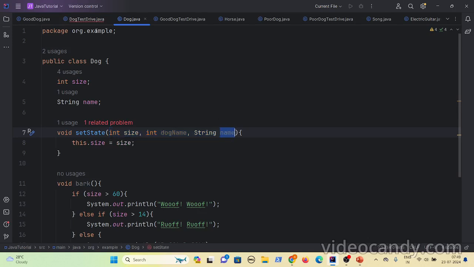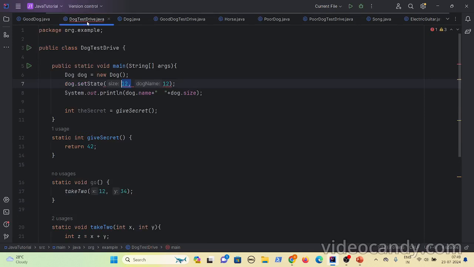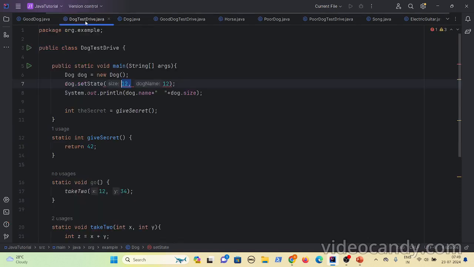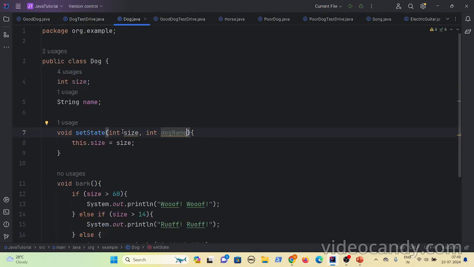Whatever things we have mentioned in the method definition are called the parameters. And what I mean by arguments here: this is the caller, right? This particular dog is invoking this set size method. So this particular dog is called a caller, and the caller passes these values. These are called the arguments. So whatever values the caller passes or invokes are called the arguments, and whatever things are defined in the method are called the parameters.